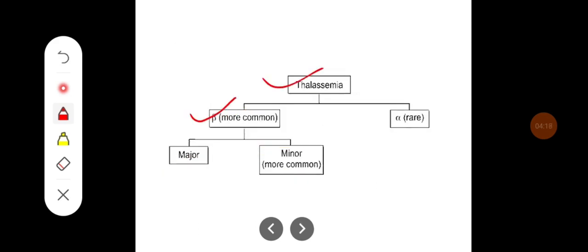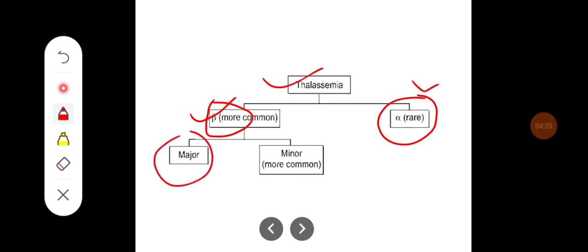It can be beta thalassemia because of absent or reduced beta chain synthesis, or it can be because of reduced alpha chain synthesis, which is rare. Beta thalassemia can be major and minor. Minor is more common because it occurs because of the partial production of the